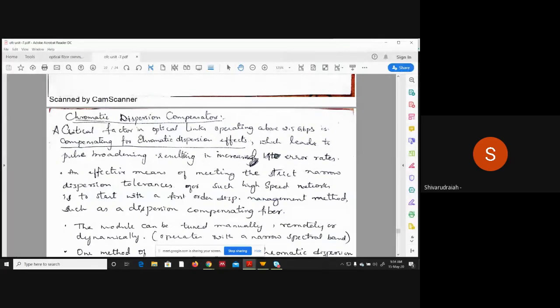So you just go through the title here. It says chromatic dispersion compensators, right? So we had two classifications of dispersion. One is chromatic dispersion, also called intramodal dispersion, and the other one is intermodal dispersion, right? So here we are going to understand and construct a device called a chromatic dispersion compensator, right? Whenever a digital pulse undergoes chromatic dispersion, again chromatic dispersion is classified as material and wavelength dispersion. I'm not going to go into detail of those.